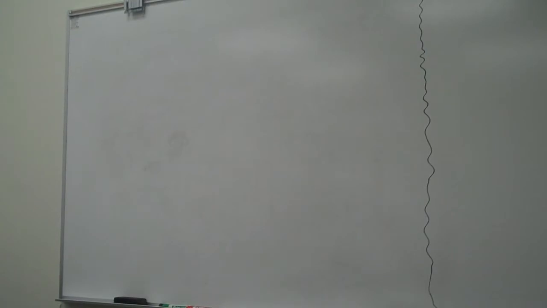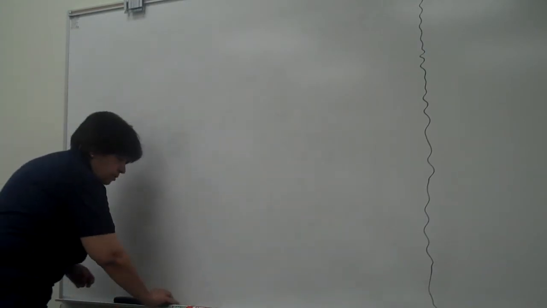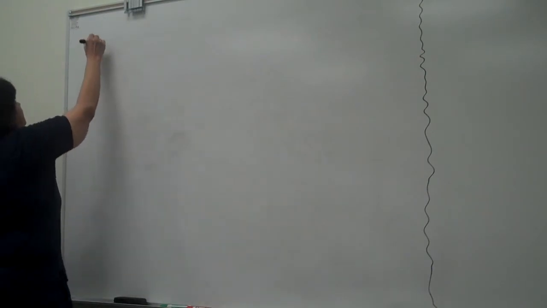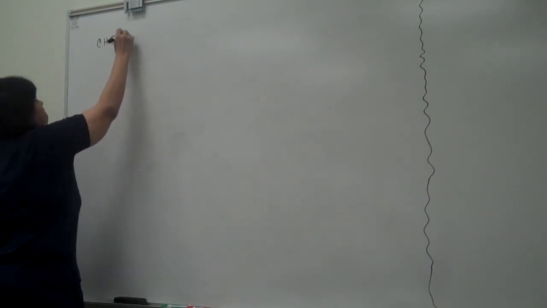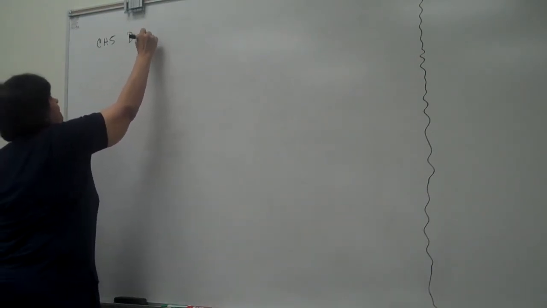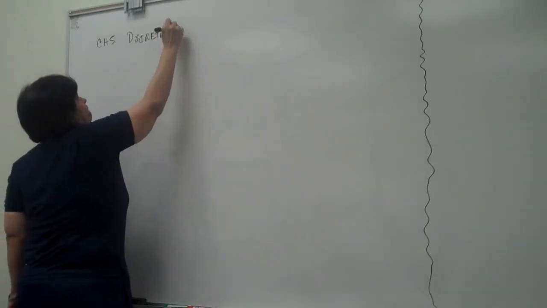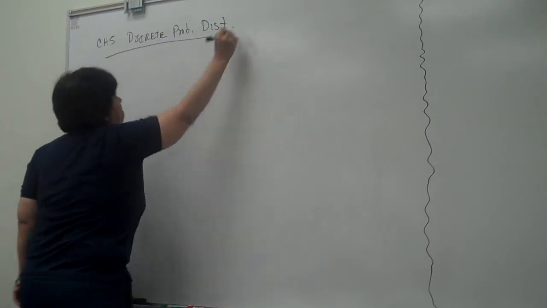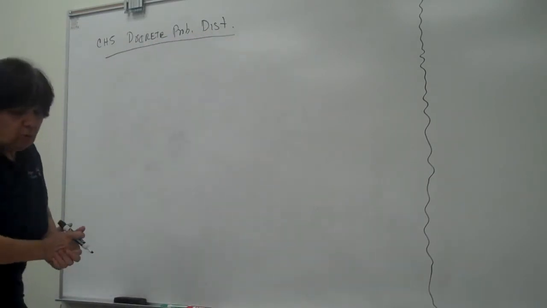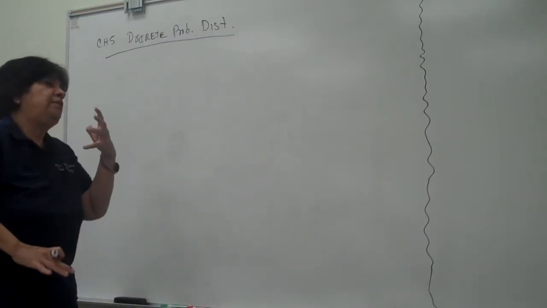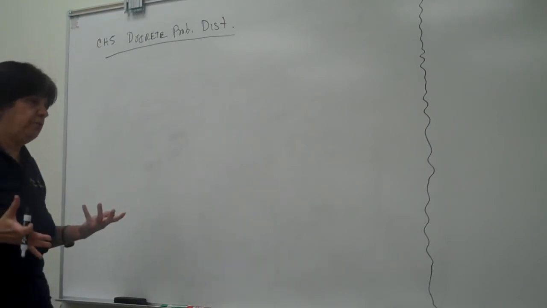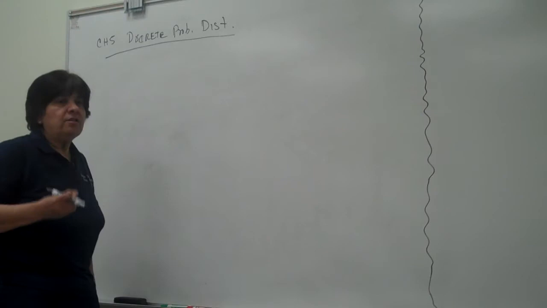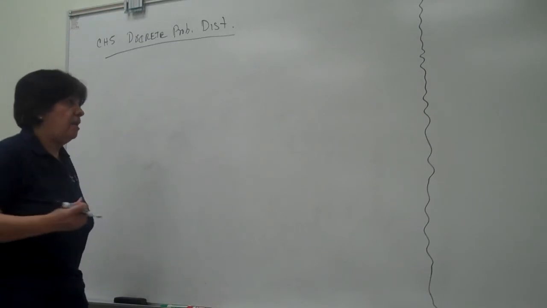Chapter 5 is about discrete probability distributions. Okay, first of all, we have to define what is discrete and what is continuous. We have a random variable, and that random variable can take any value